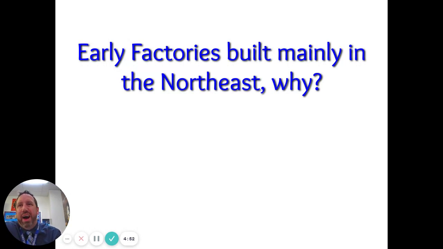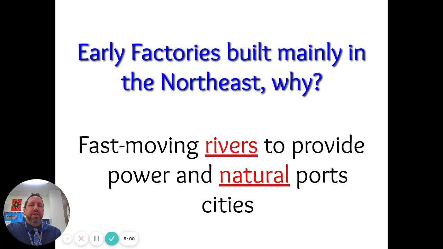And there's a main reason why it's in the northeastern portion of the United States. It's their geography. The geography allowed these factories to happen, primarily rivers. Fast-flowing rivers are used to provide power for these early machines. And a second reason why these factories are built along river routes or waterways is for the fact that these cities are natural port cities. So that means the factory can mass produce material, and then it can be easily shipped out somewhere else across the country or around the world, all right there through the water route.